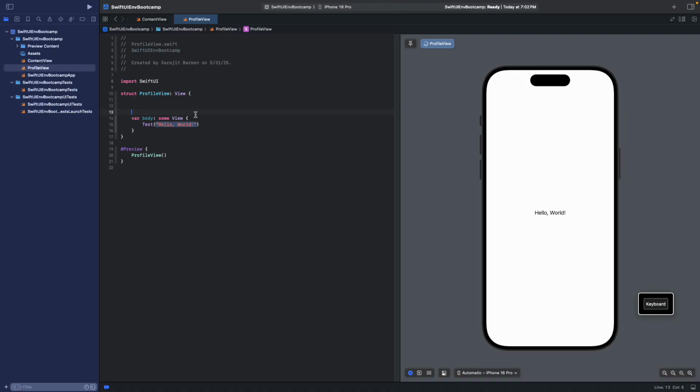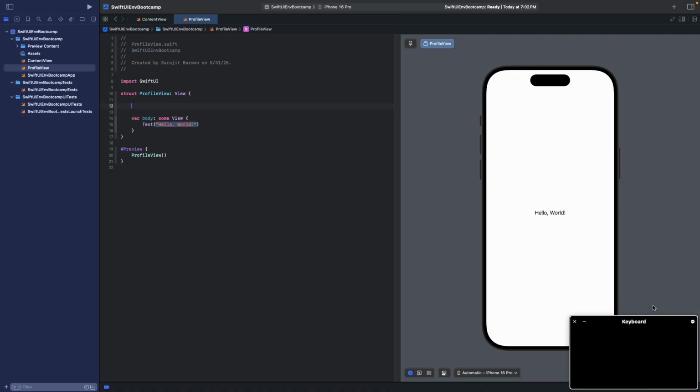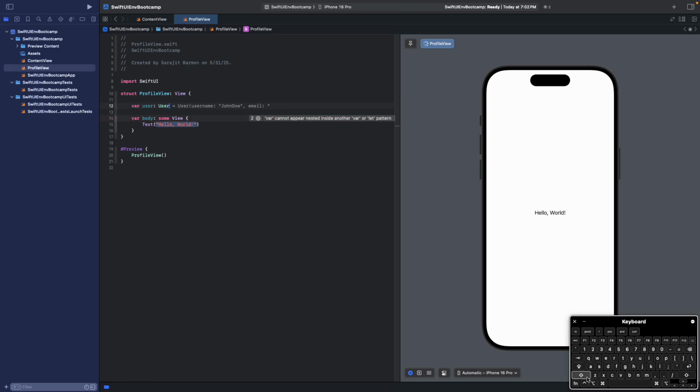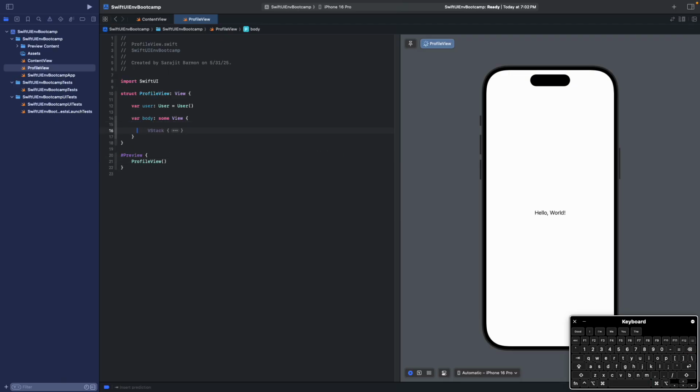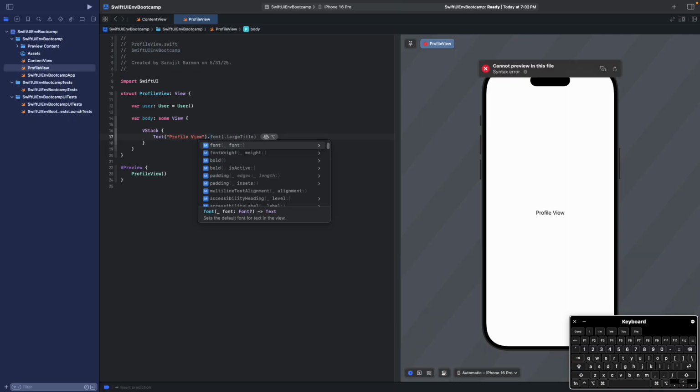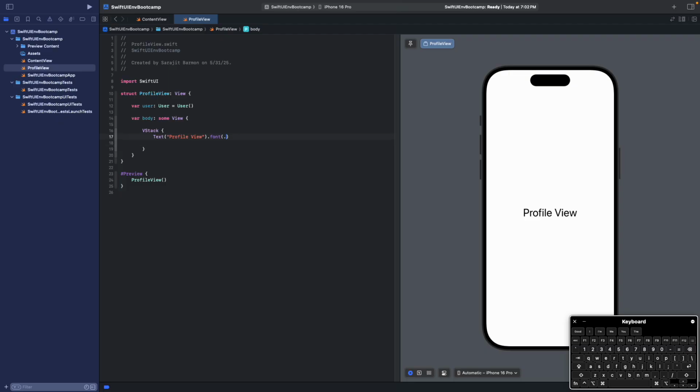So for example, var user is equal to User, and let's not initiate any username, and we are going to display the user values here. For example, VStack, Text, font as title and bold. All right, now let's add a Spacer